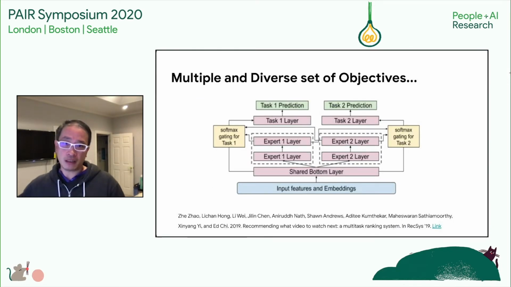So I want to illustrate this by examples that I know about. For example, when you're building recommender systems, in the past, before say five or six years ago, a common technique would be to simply optimize for a single objective. But nowadays it's become much more common to solve for a multiple and diverse set of objectives using neural architectures that look like this. This is an actual architectural diagram that we presented as a recommender neural architecture in a RecSys paper.